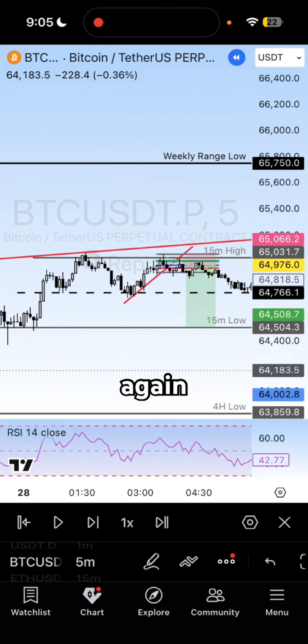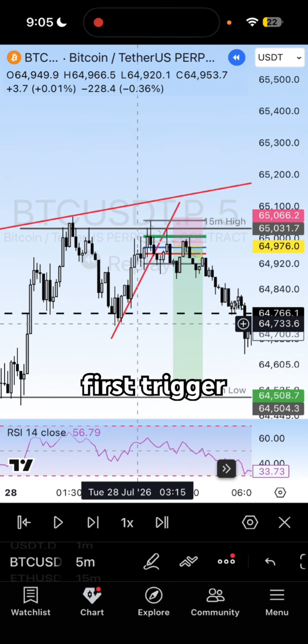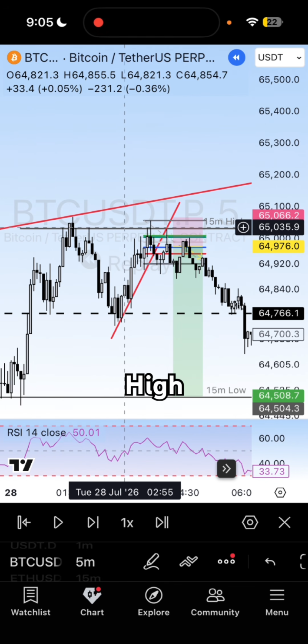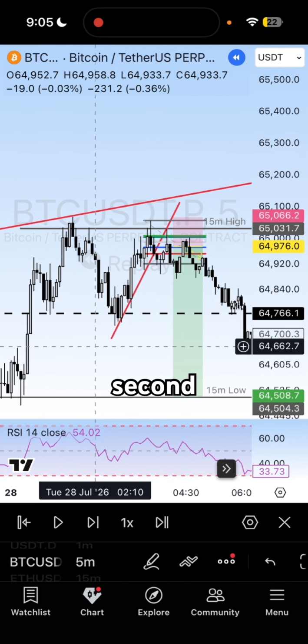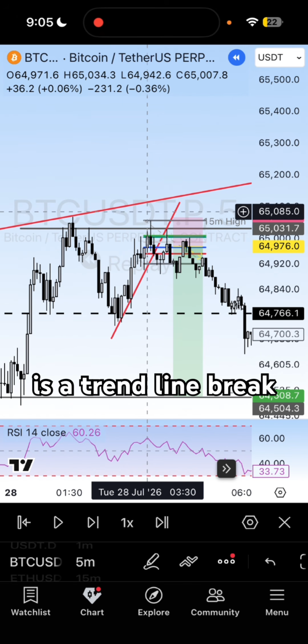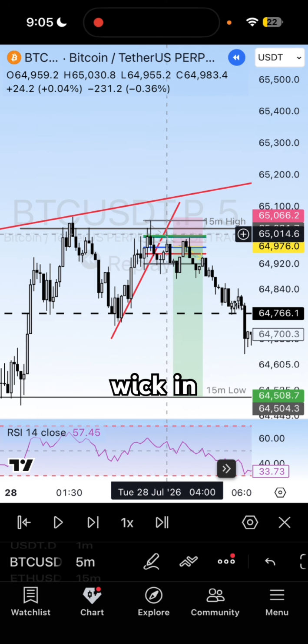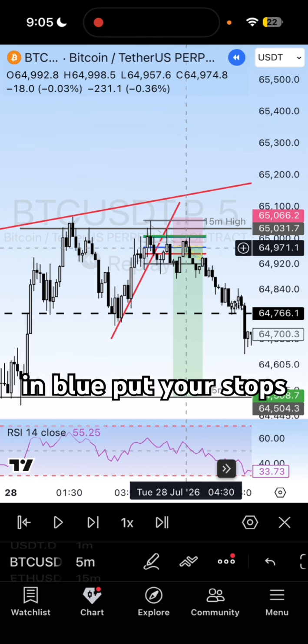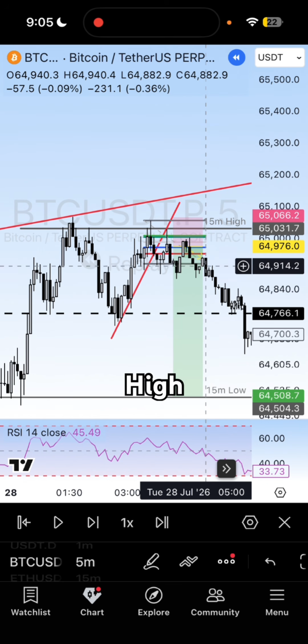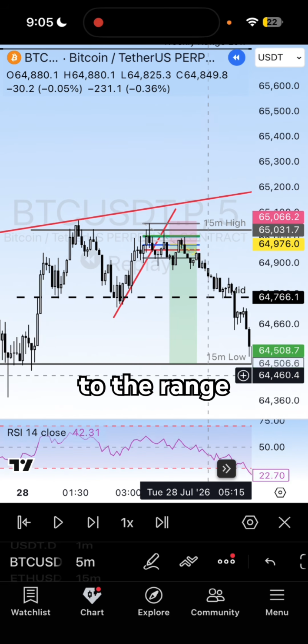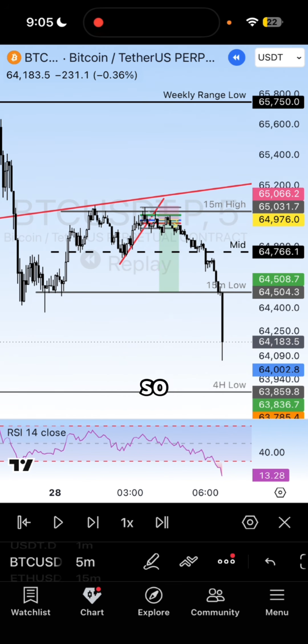So once again, we have 3 triggers. The first trigger is a confirmed range high here. Second trigger is the trendline break. The third will be a retest with the wick in green, and we enter in blue, put your stops above the range high, and play it all the way back down to the range low over here. So this is the trade